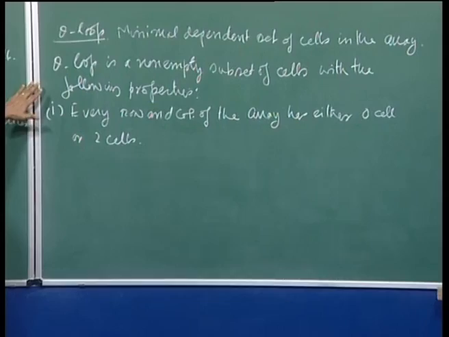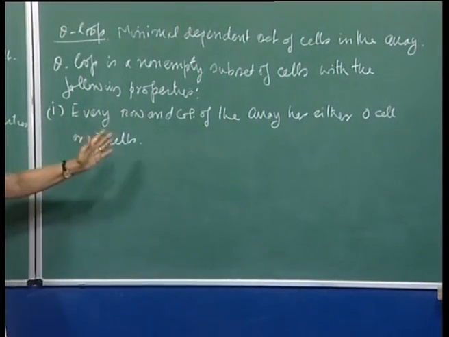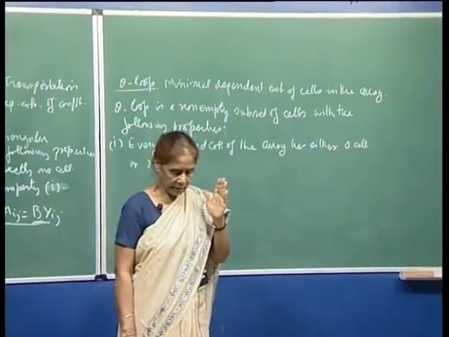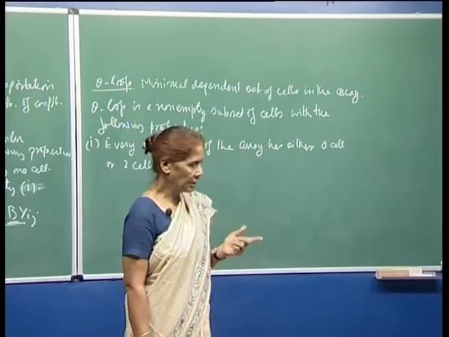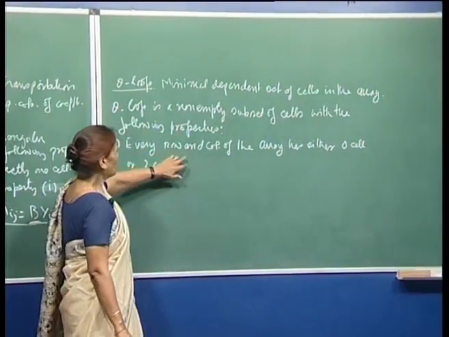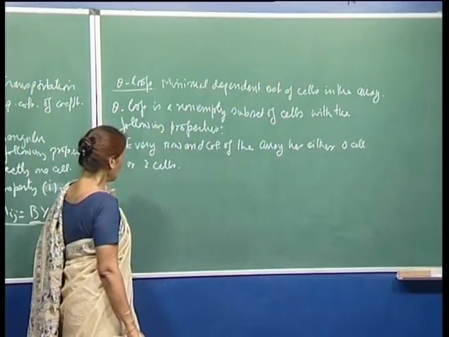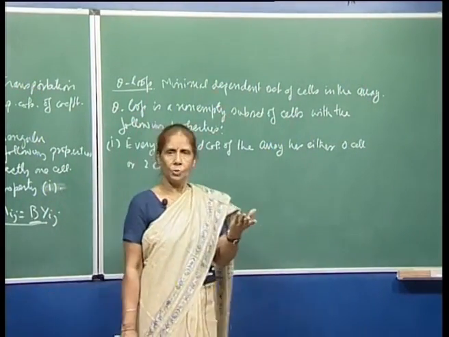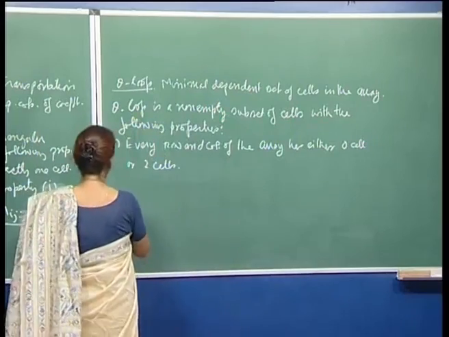So, I am trying to say that it is a subset of cells, and when does it qualify to be a theta loop? When every row and column of the array has either a 0 cell from this set or 2 cells, right. And